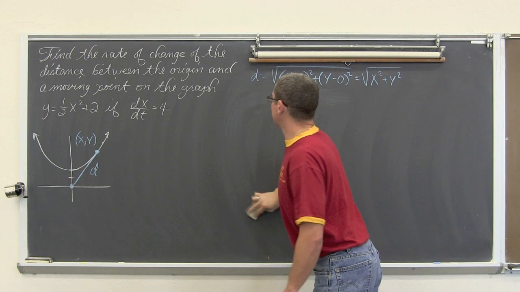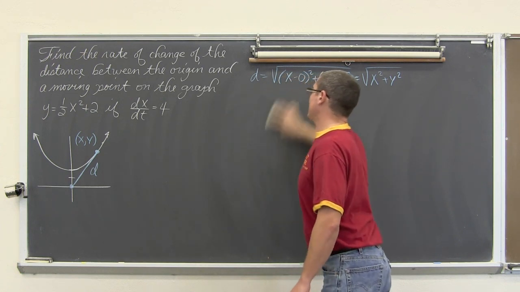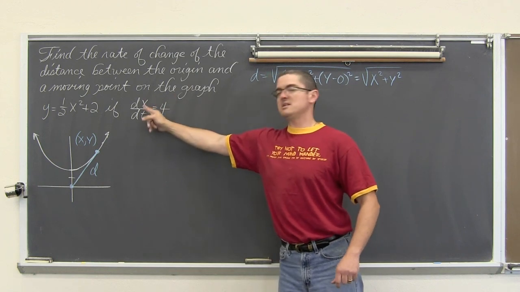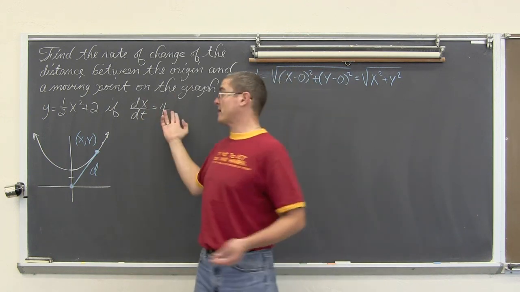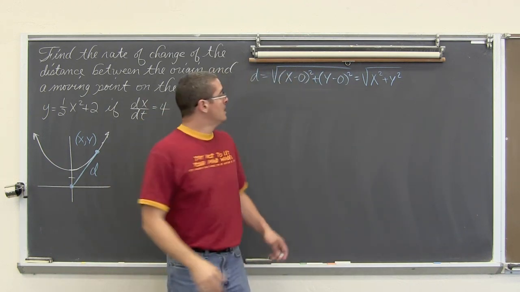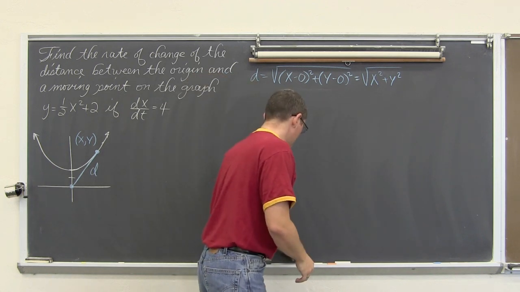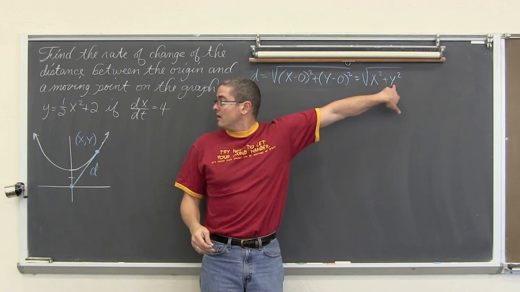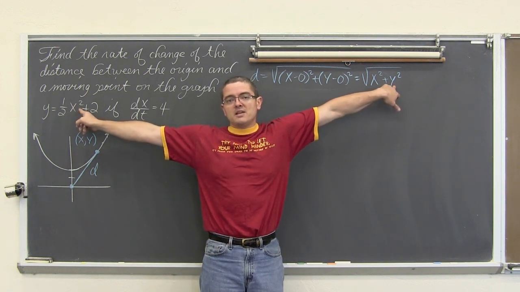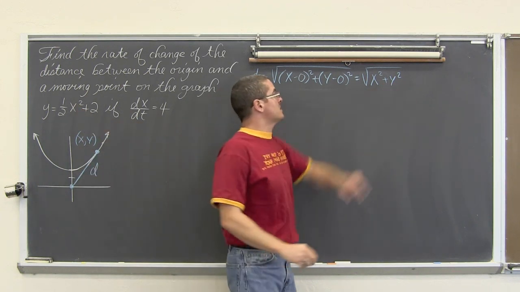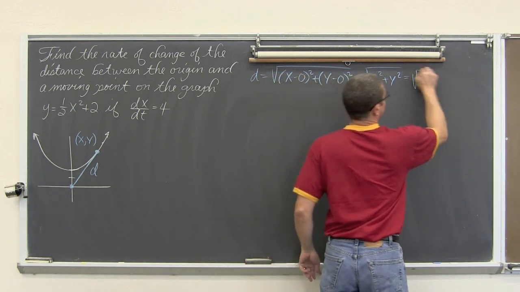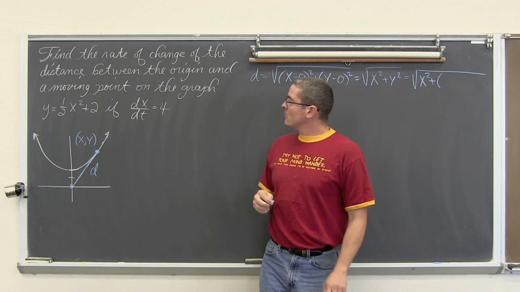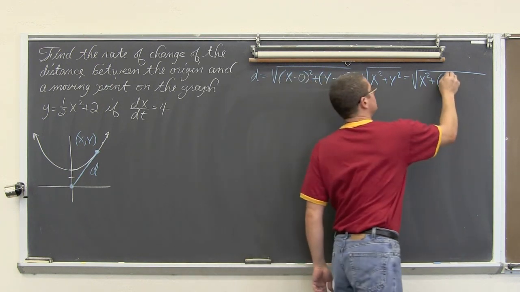And I need to do it in such a way that I only have x's left, so that after I find the derivative, I'll have only dx over dt, because that's what I'm given and that's what I have to use. So that means that before we find the derivative, we take the y out and replace it with what it's equal to from the function. So this is going to be equal to the square root of x squared plus 1/2 x squared